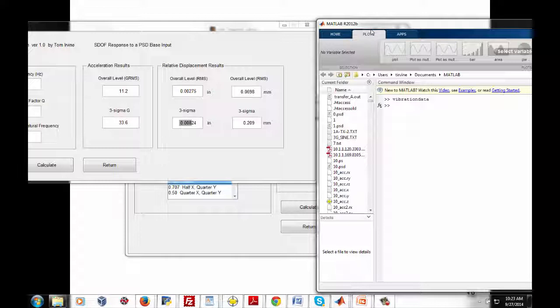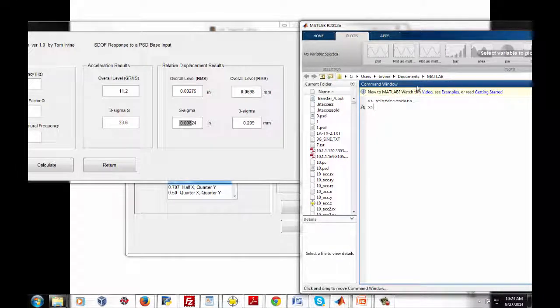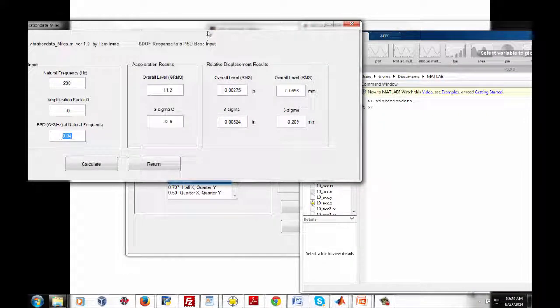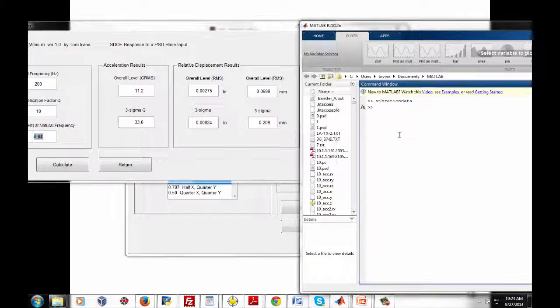Now, just as another little caveat of caution here, we're assuming that that base input PSD is stationary and it's the one and only environment that component is going to be subjected to, which generally speaking is not going to be true, but let's just go with that. Let's just say that our 0.04 G squared per hertz input level is conservative relative to any subsequent environments. Okay, so let's say we've got 20 million cycles, so I'm going to type in 20e+6 in MATLAB here, and I'm going to say, okay,